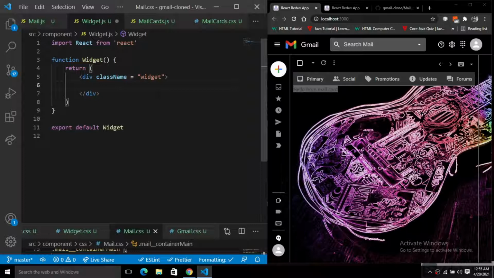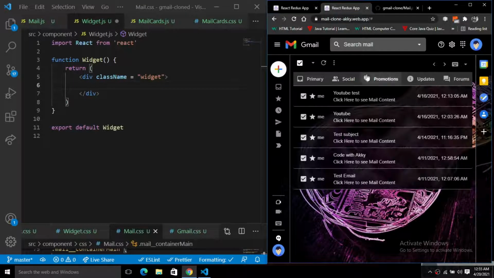very small component and very easy component to build, because if you take a look at this, we have five things here, right? So we have just five things inside of this widget.js to be built, and just add the functionality.